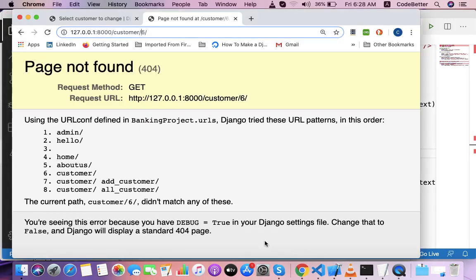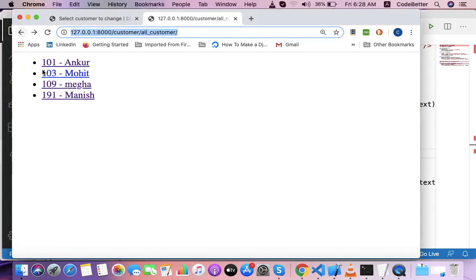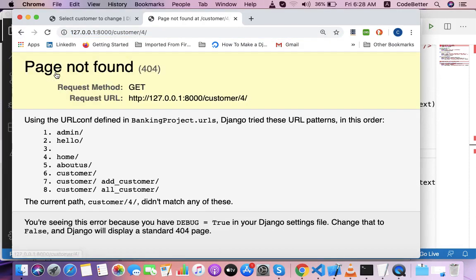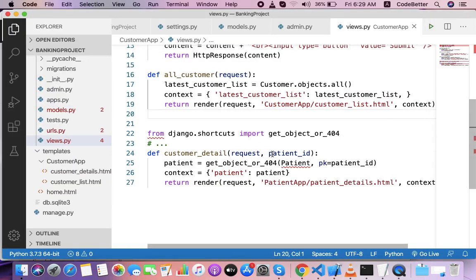This URL, let's say 103 Mohit. So Mohit's customer ID is passed here. This customer ID you should fetch in the views function. You should receive this customer ID here.